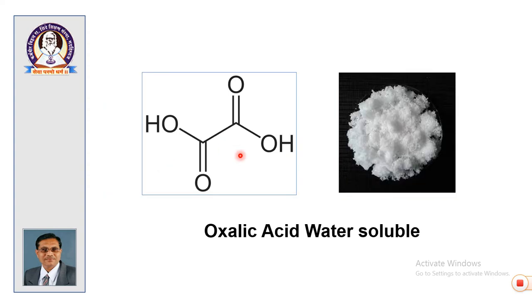Okay. Third is oxalic acid. It has water of crystallization. Of course, it is not mentioned. Oxalic acid is water soluble. The acid which is water soluble and turns blue litmus red is oxalic acid. Remember well, oxalic acid is the primary standard. It is a dicarboxylic acid. 2 COOH groups are there. So, it is a water soluble acid, and that is why it is important in organic analysis.